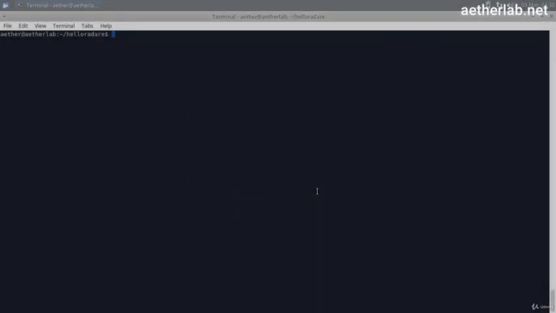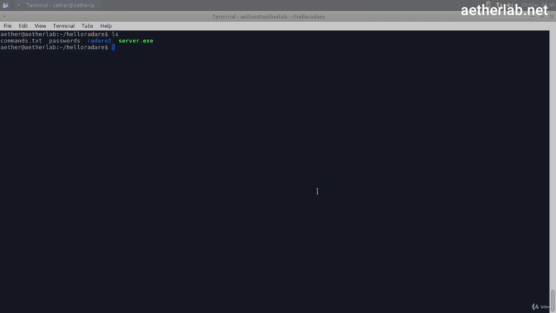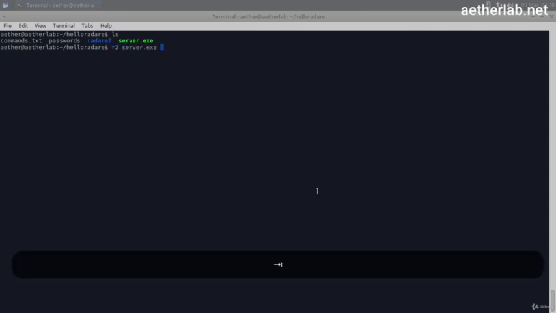Hi. Before we start disassembling the application, there are some things we would like to find out about this program, the server.exe. You could do all these things that we are going to do with various other commands in Linux. But I wanted to show you how you can do all this in Radare2. So let's start Radare, r2 server.exe,